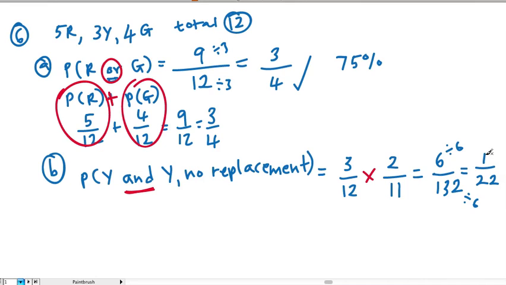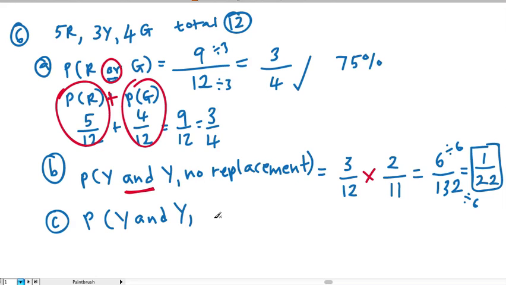22. So that would be our answer. So we can box it up, make it nice and clear, but this is the answer for B, where the first sock isn't replaced. Okay, C. So C is asking for the probability of selecting a yellow and a yellow, the same thing, but this time round,